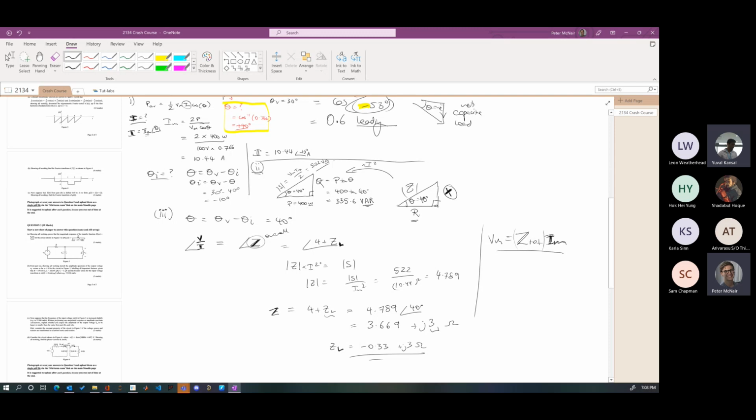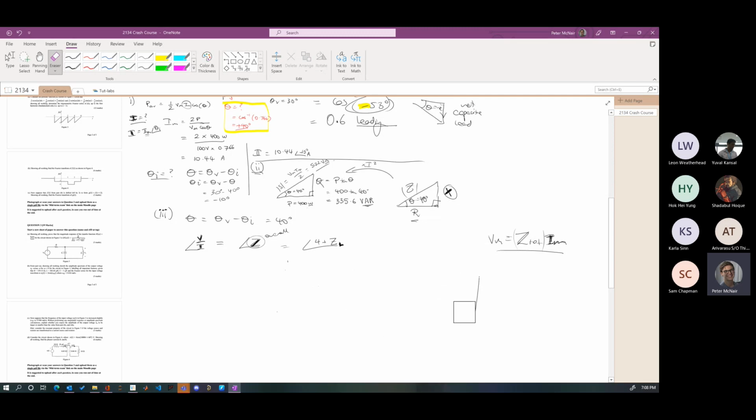I'm not quite convinced about my method here. I might erase this one. So let's say the magnitude is just VM on IM. 100 on 10.44. Yeah, 9.57. Yeah, that looks better. So then our angle is this. So 9.57 angle 40 degrees is equal to 4 plus ZL. ZL is equal to,